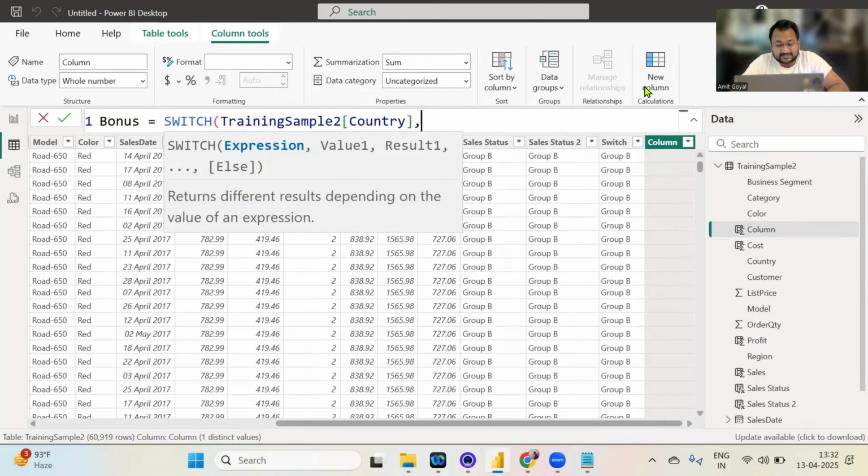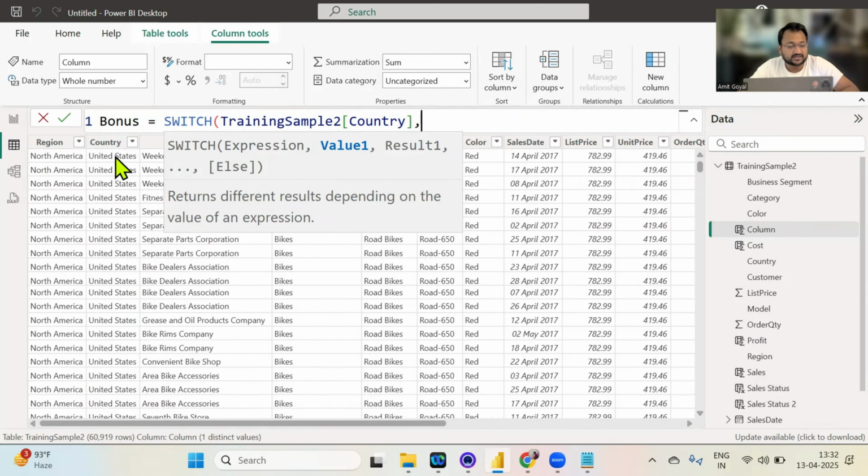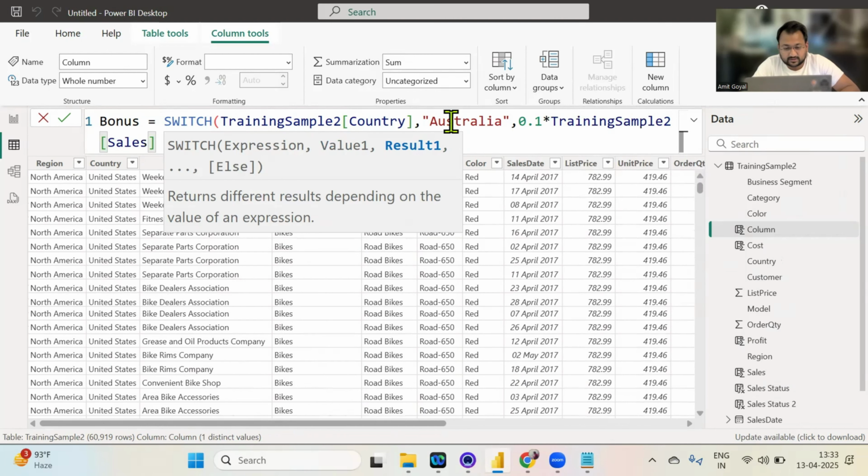Now, when I write the expression itself as country, when we are in the first row, at that point in time the country is United States. Now the expression value will become United States. Now I will say value. If that expression is Australia, then I want to give 0.1 multiplied by sales,